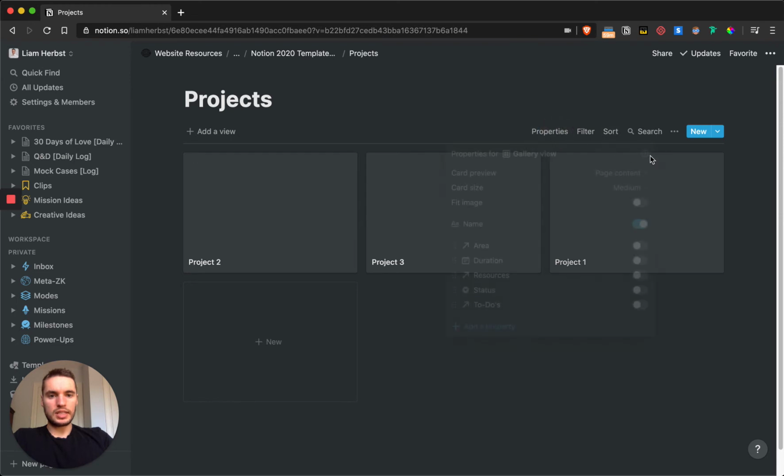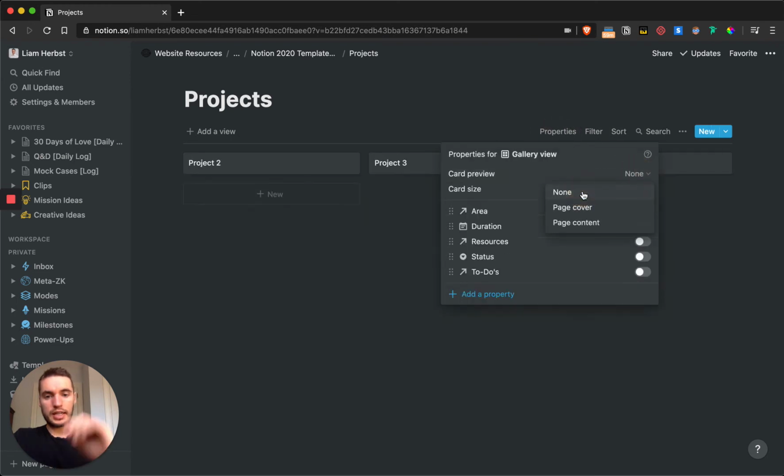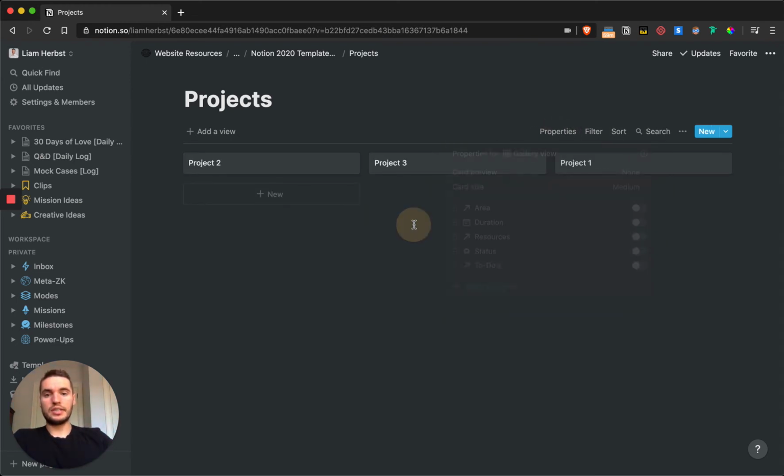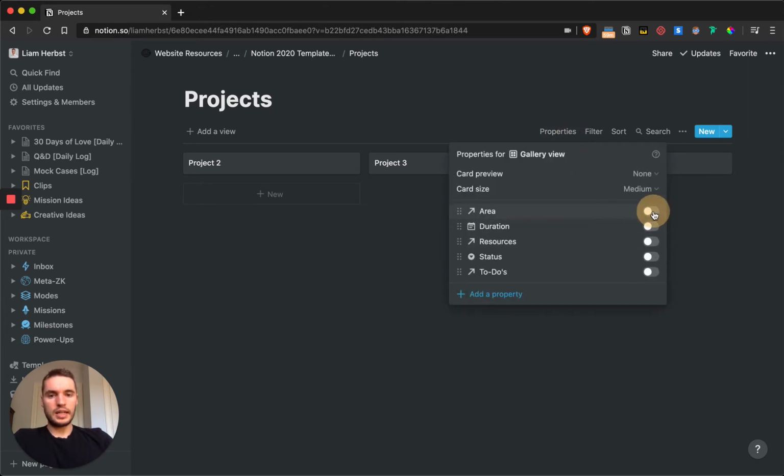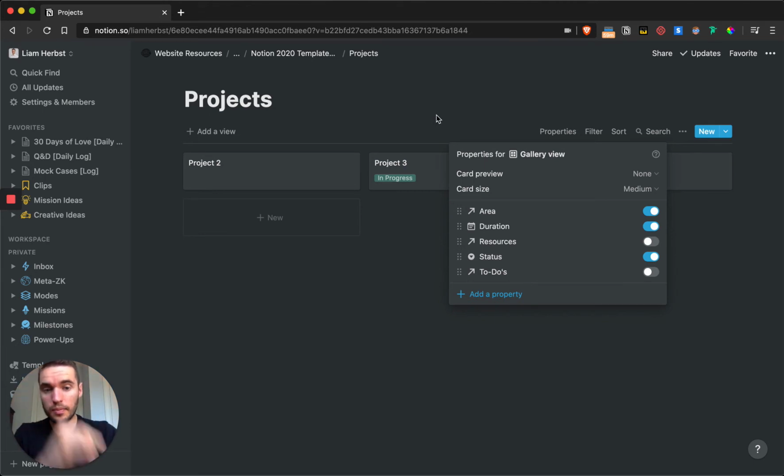And just one stylistic thing, let's take away the page content and leave these as they are. For the properties that we want to see, area. Yeah, let's leave area. We also want to see the status, but we'll leave this again. You know what? Let's actually